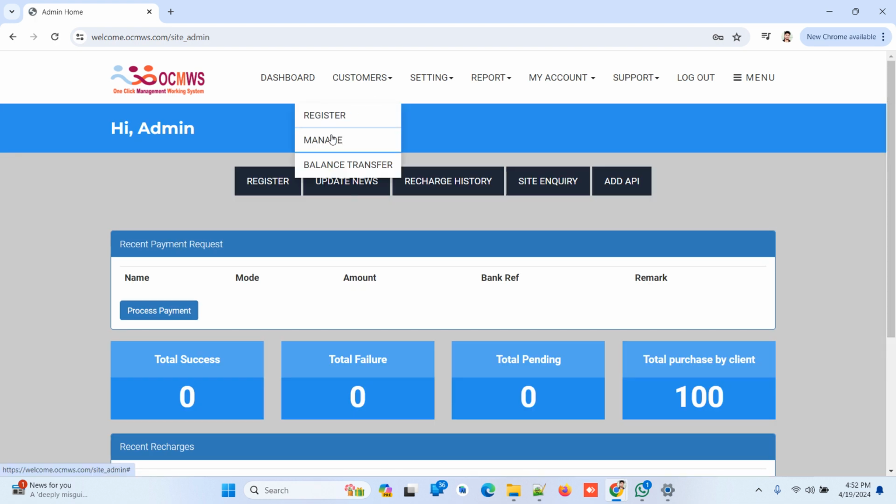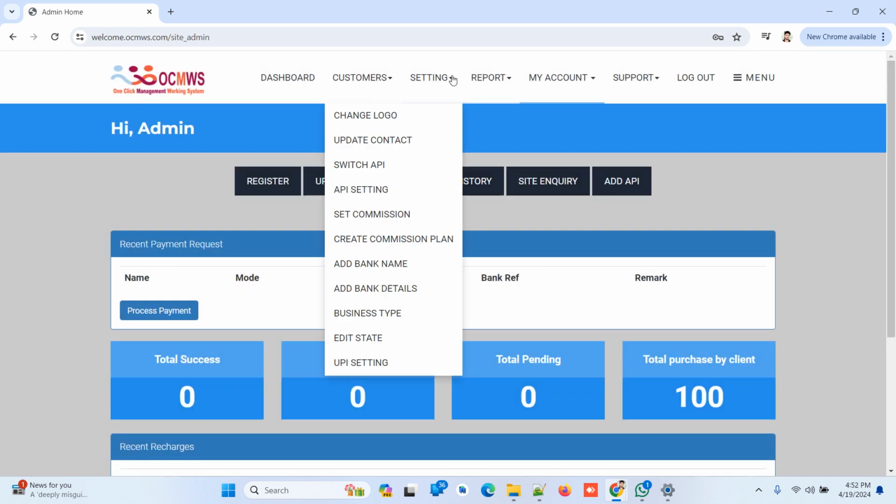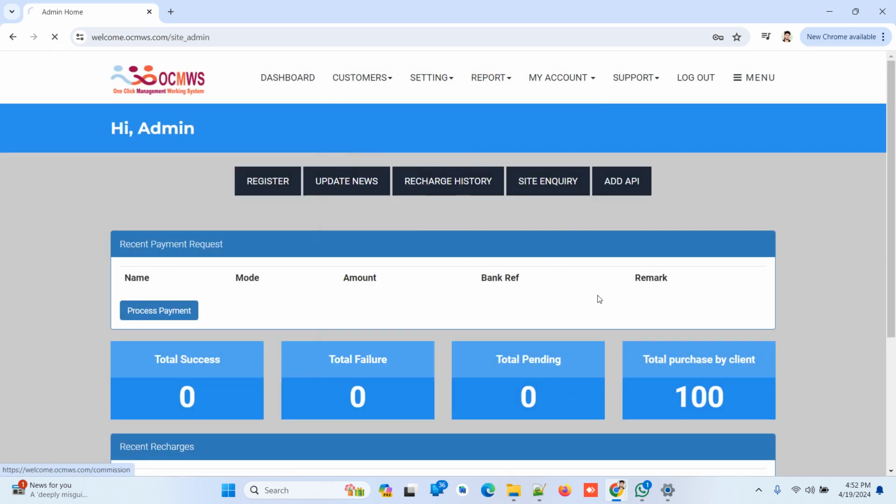Here is the registration and management. Here you can manage master distributor and retailer, and you have API settings here. You can manage multiple settings, and you can also add any multiple settings that you want.